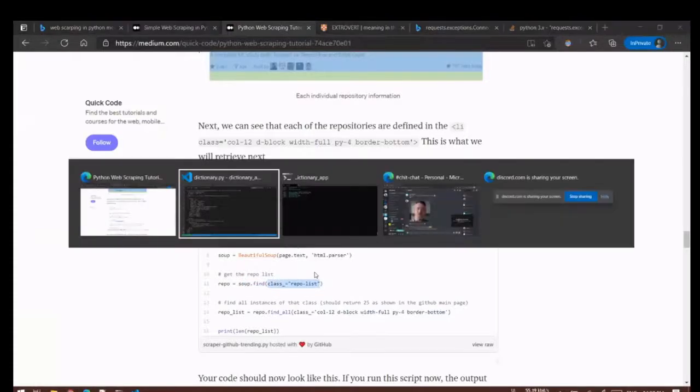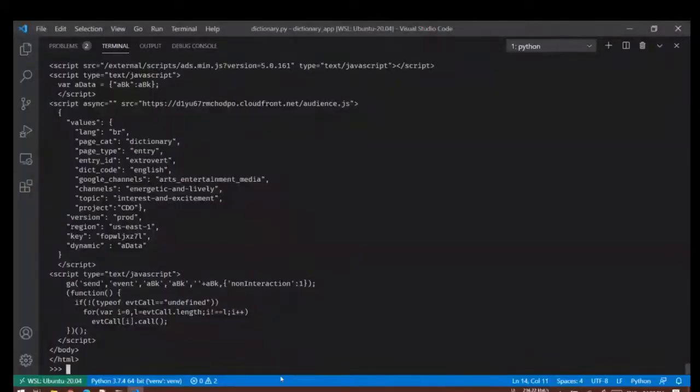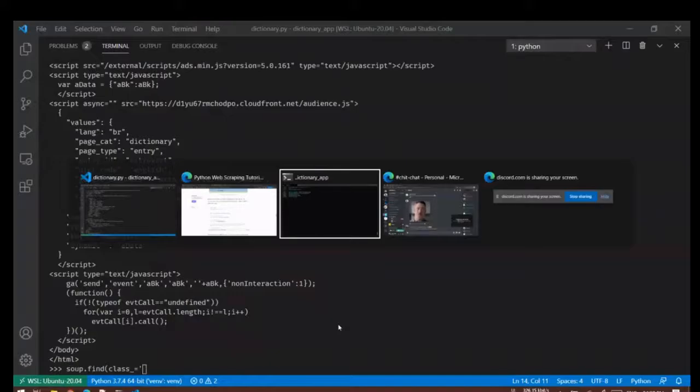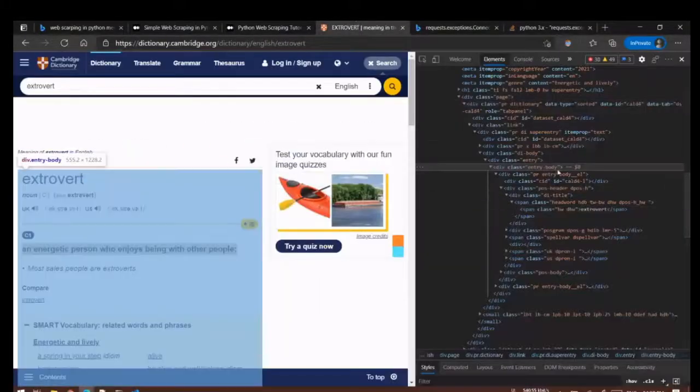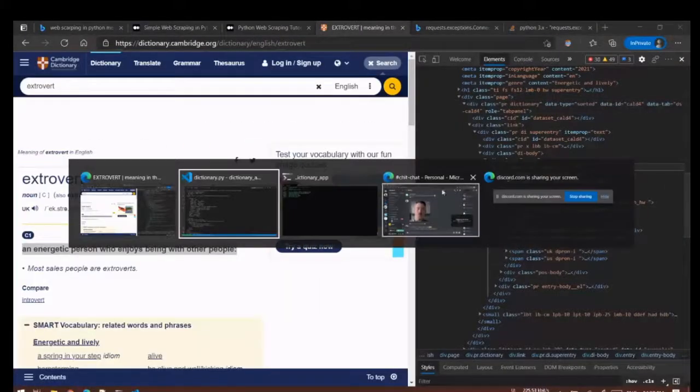Okay. So let's try doing it. We have our soup object. I'll say dot find, and then I'll basically specify class is equal to, we'll come here and copy the class.